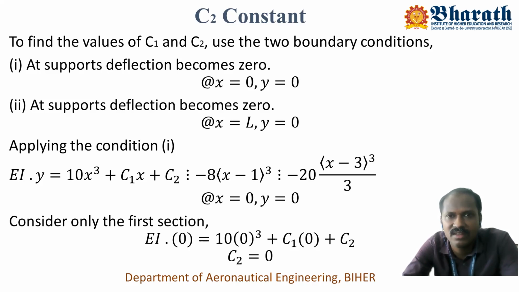So here in this simply supported beam, we normally use the boundary condition that at the location of both the supports, your deflection will be 0. So you can use that basic boundary condition. In other words, at x equal to 0, my deflection is 0, that is one support, and at x equal to L, y is equal to 0, that is the second support. So we'll try to apply one by one and calculate the values of